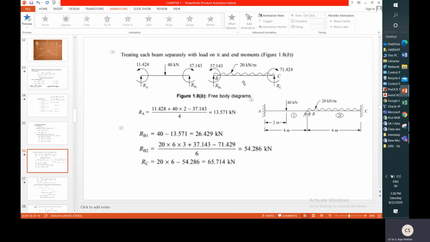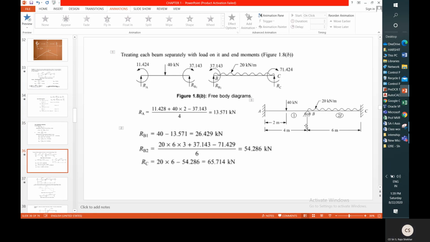Okay. Now what we need to do is calculate the reactions at the supports. This is the applied load. Vertical reactions will develop at support A, support B and support C. At support B, two types of reactions will develop, because of this point load and because of this UDL. That means we have to add the reactions due to point load and due to UDL.